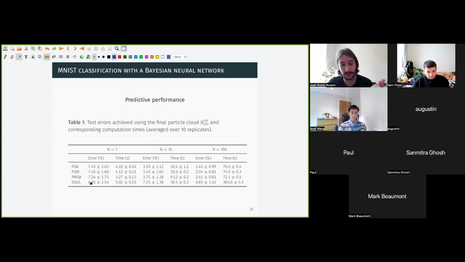The first thing that caught us off guard is that SOL didn't really seem to improve its predictive performance at all, at least for not huge numbers of particles. While the other ones, you did see a steady decrease in the error, which is more or less what you'd expect. And the other salient difference was that with higher particle numbers, our PGA and its variance ran a lot faster than SOL. And that gap grew as you added more and more particles.